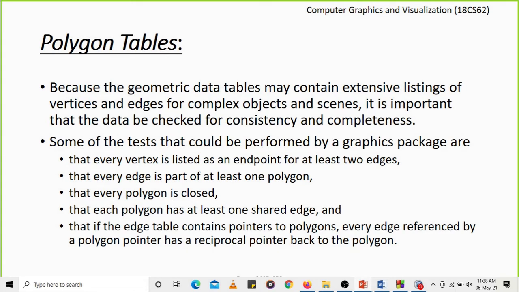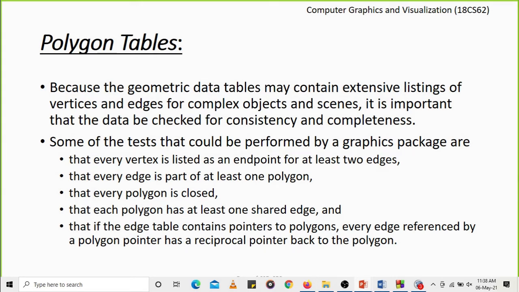Some of the tests that can be performed by the graphics packages are: the first test is that every vertex is listed as an endpoint for at least two edges. Whatever vertices are mentioned in the vertex table, so that none of the unwanted vertices are considered in the vertex table.